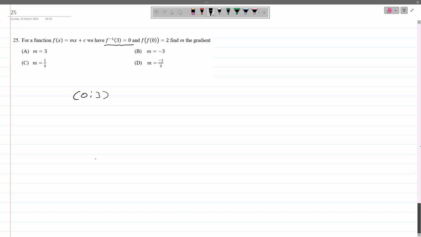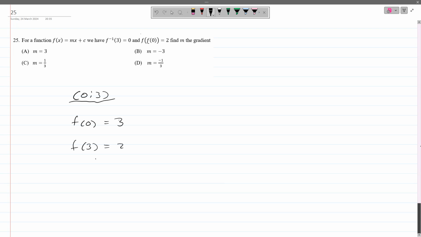the equation using this. So we know that f(0) will give us 3, because this is our function. We know that at 0 we get a value of 3, and we also know that at 3 we get a value of 2, because this is our function. If we substitute f(0) as 3, then our answer here is going to be 2. Then we can use these coordinates